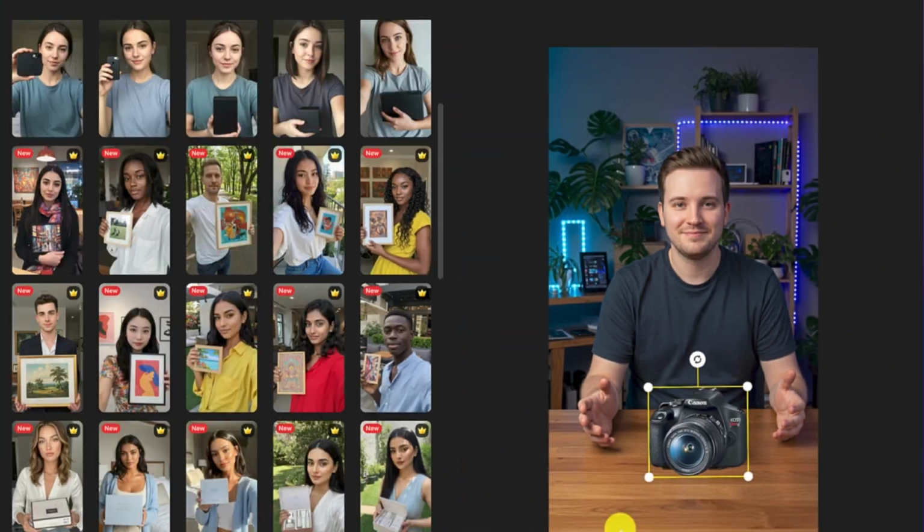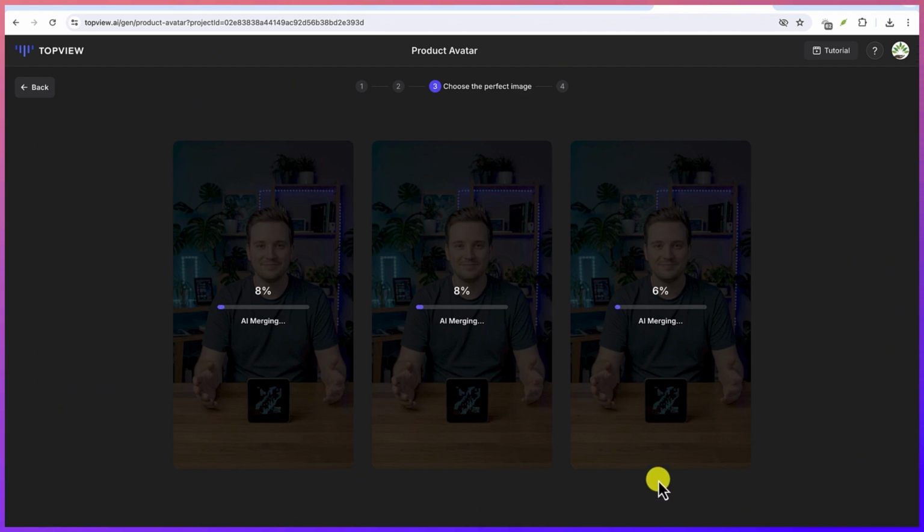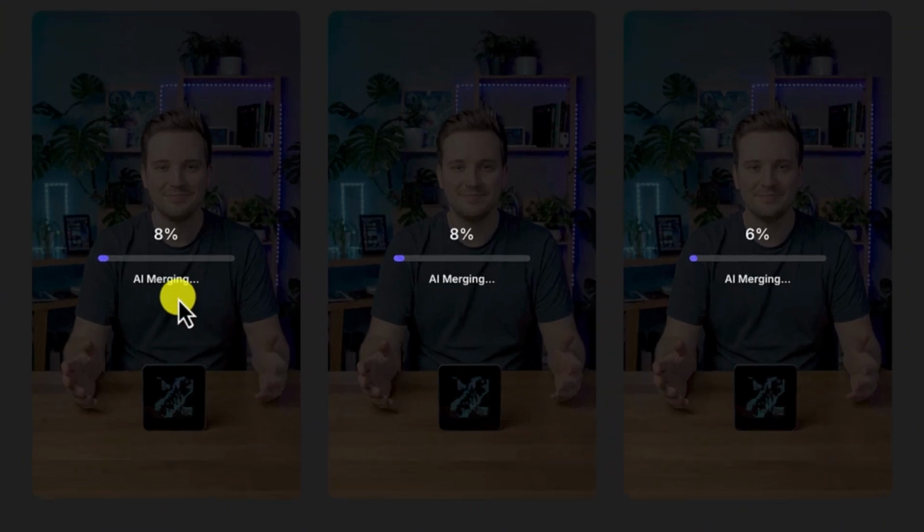And if you have everything in detail, so primarily you can adjust the product size, the position, as well as the angle to match the avatar's gesture, according to what it is produced. Like this guy, because of the background, you can see camera is a very good product for him. So you can click to confirm the product position. If you're done, then you're going to give it some seconds to produce the perfect image that you can use for your